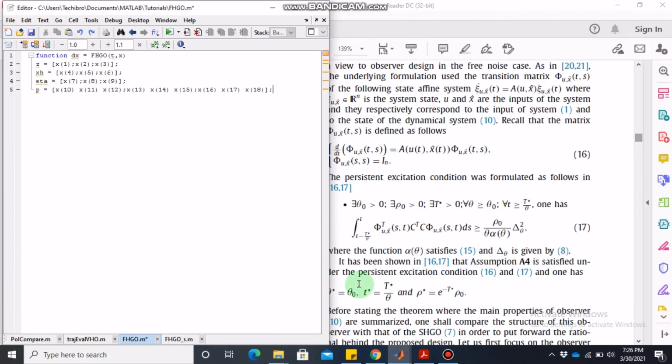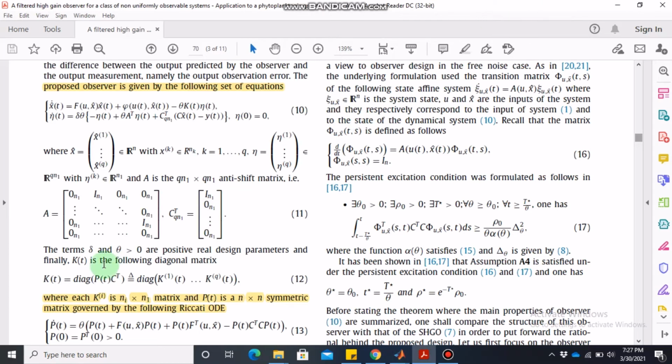So the Riccati equation matrix in our case will be a 3 cross 3 matrix because we have 3 states. So x10, 11, 12, 13, 14, 15, 16, 17, 18. So x10 to x18 will be the 9 state variables which will formulate the P matrix, or the Riccati equation matrix. And we are going to implement this Riccati equation in our code as well, which is equation 13 in the paper. So if I go back to the code,